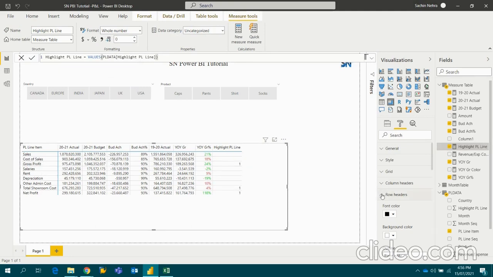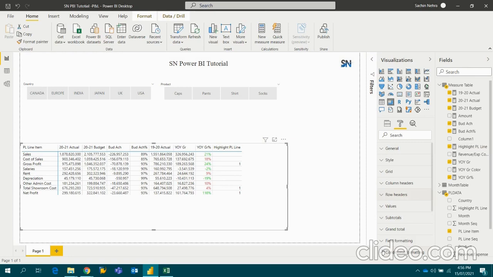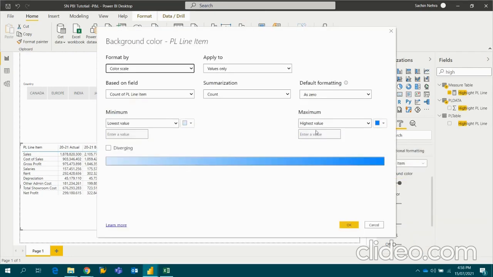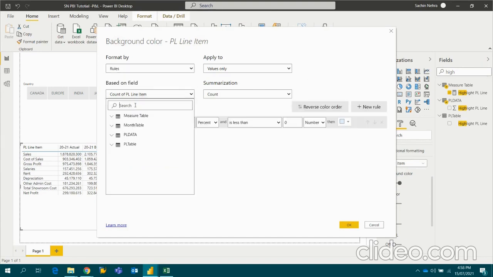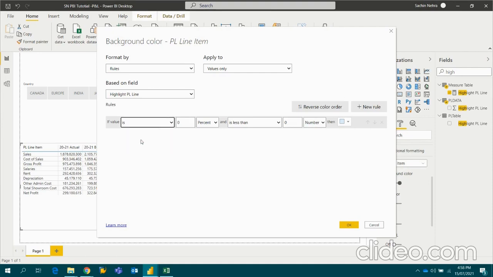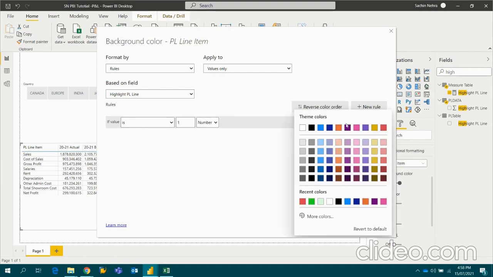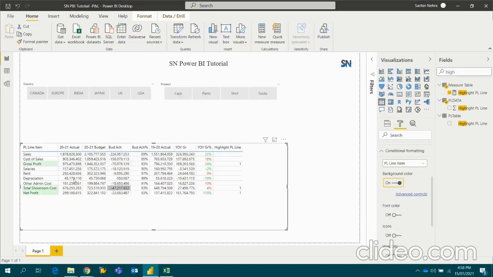Now I'll come to conditional formatting, my background color. If it is 1, then it should be, let's say, this color. So only those particular lines got highlighted.